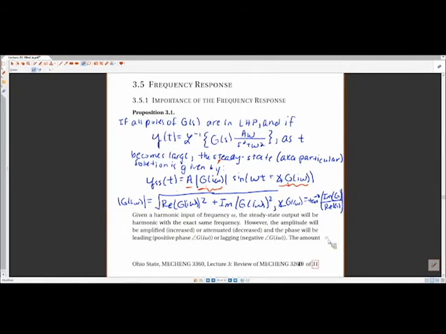So this gives us a quick way, given a harmonic input, if we know the input frequency and the input amplitude A. These magnitude and phase angles are things that we can pull from a Bode plot, which I'm pretty sure every section of 3260 has done because of how important they are. So we're talking about how important the frequency response is. The main idea